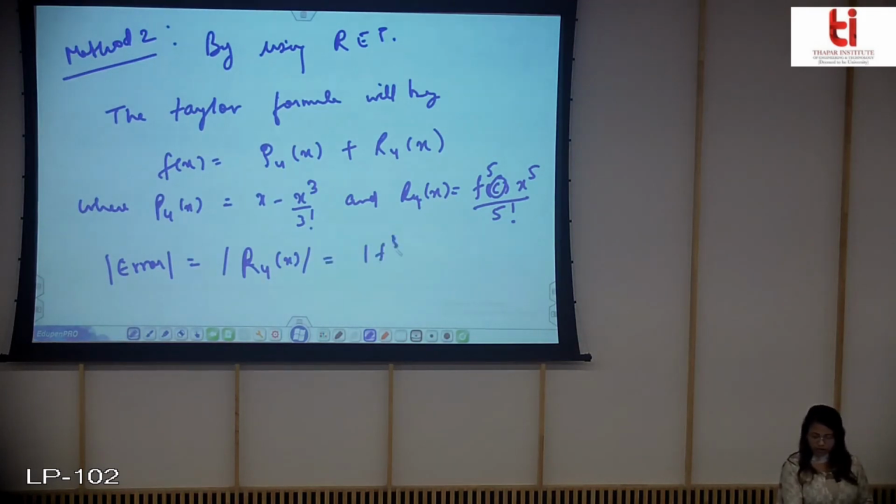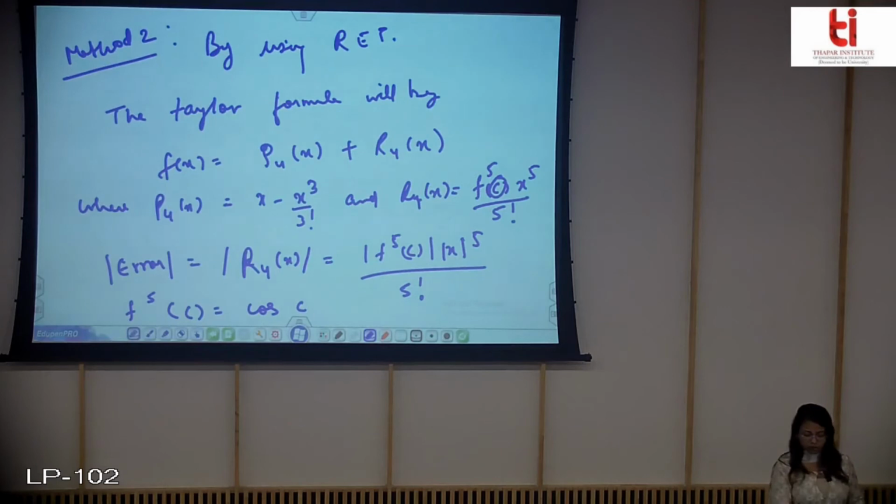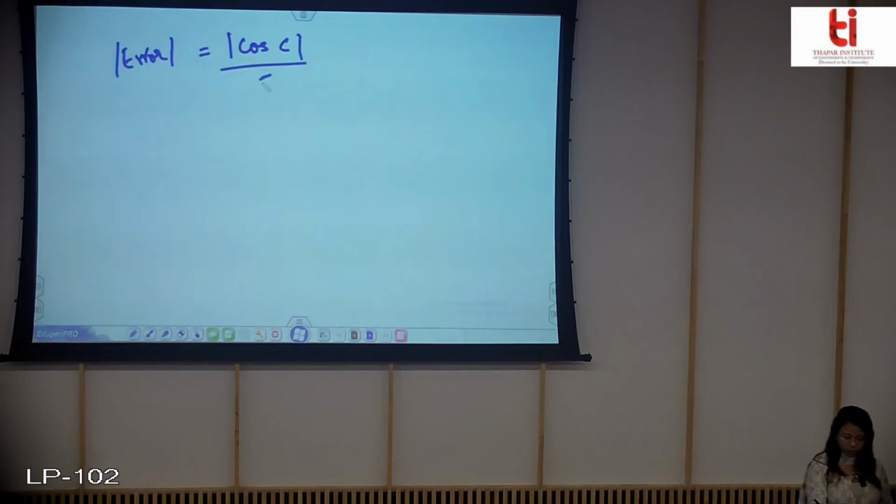So firstly I'll write this. Okay, so f5(c), you can easily check that this comes out to be cos(c), because your function is sin x. If you differentiate it 5 times, you will get this. Again the maximum value of this is less than or equal to 1, so you can replace this with 1, and therefore we will write error is equal to cos(c) upon 5 factorial x^5, which is less than 1, and